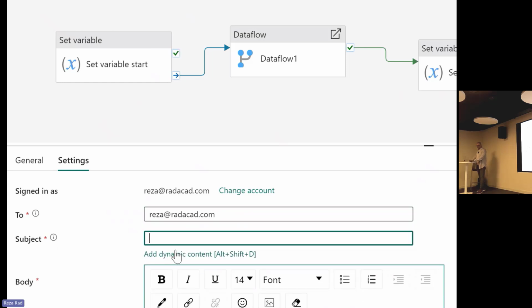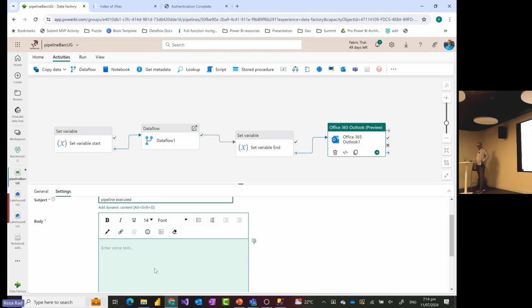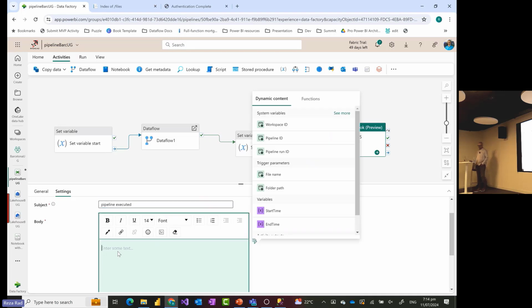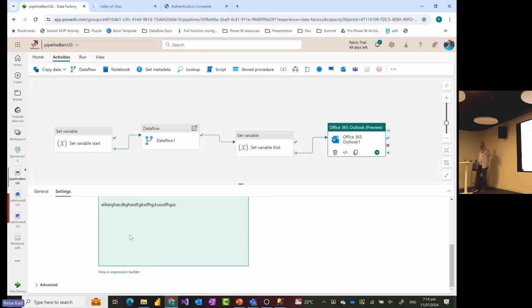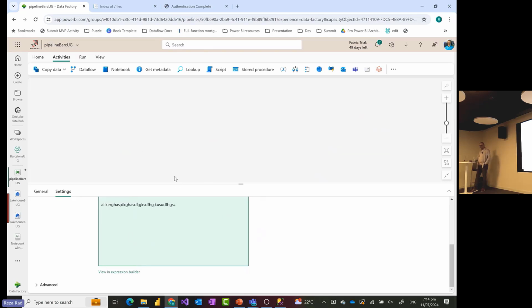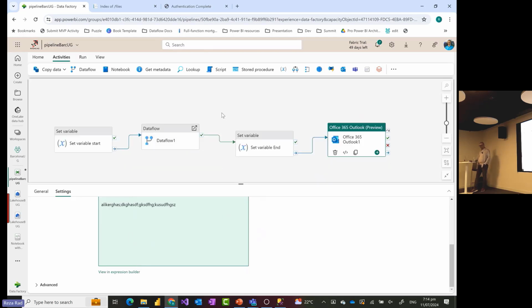Subject is "pipeline executed", right? The subject can also be dynamic. And then the body can be dynamic as well. Here, I can actually use my variables: start time, end time, and some really meaningful message over here. And let's say this is it, right? So that's everything. Let's save this